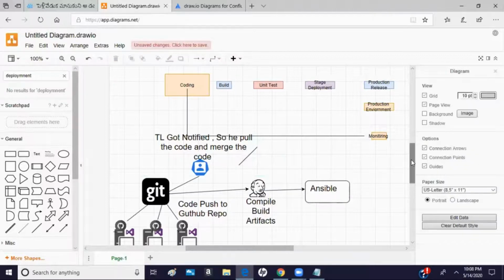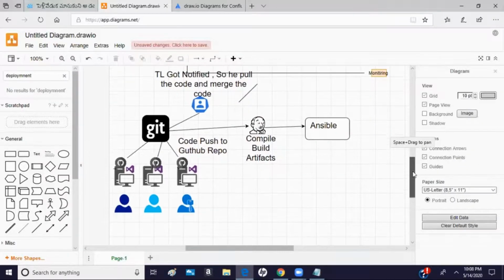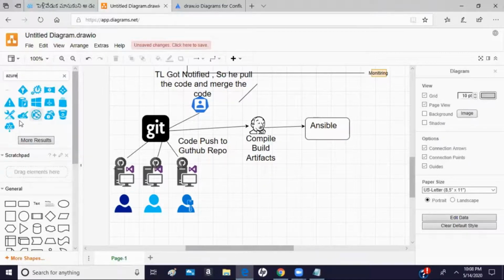They have an option that they can deploy to the cloud. So we can say that it can be deployed to Azure as a cloud, so it can be app services, or it can also be deployed in a Docker container.